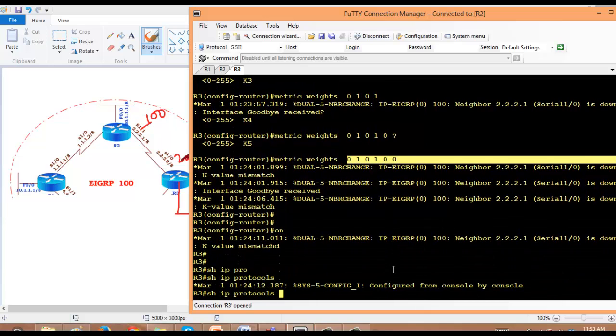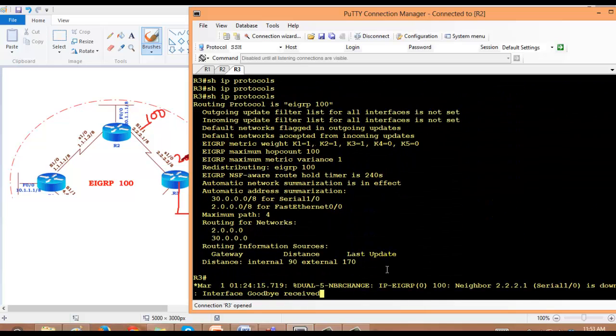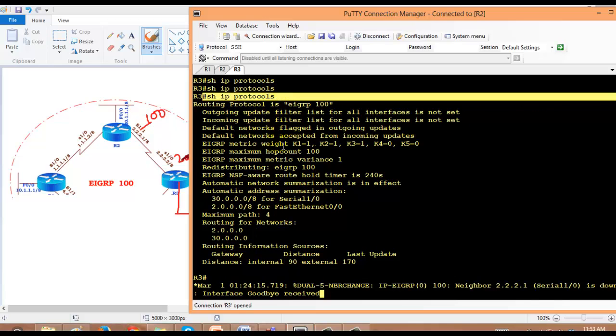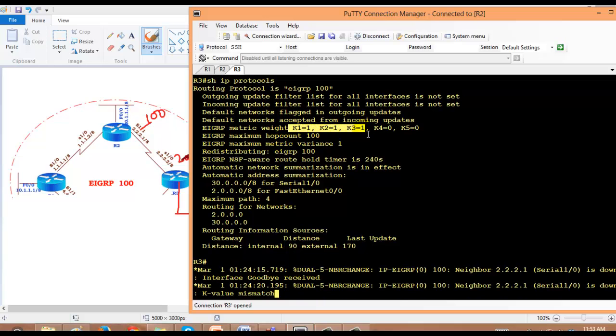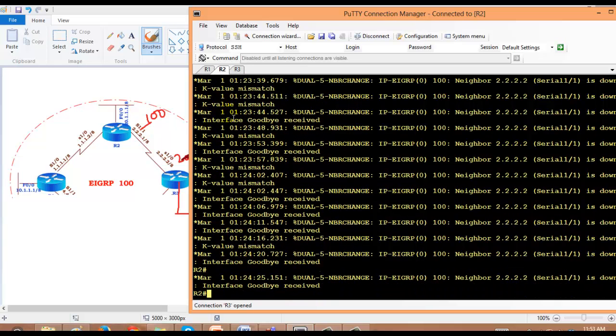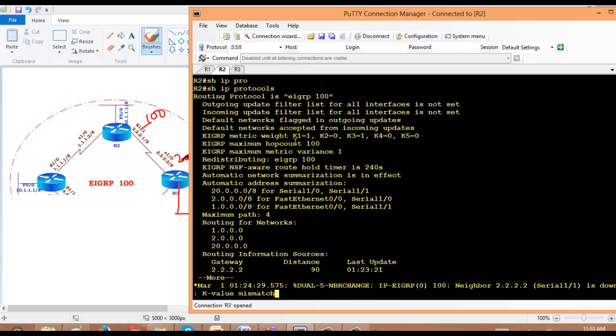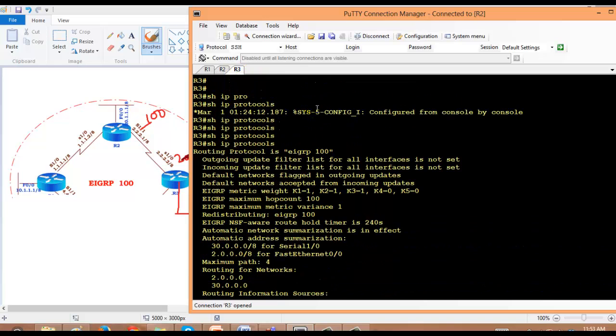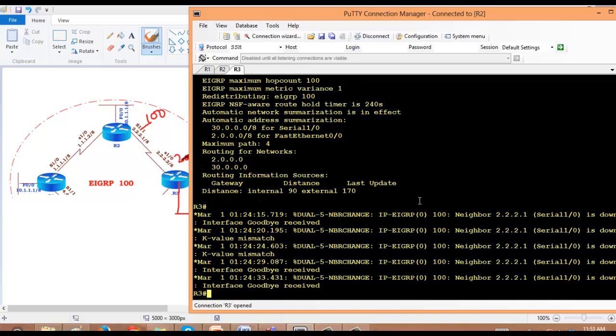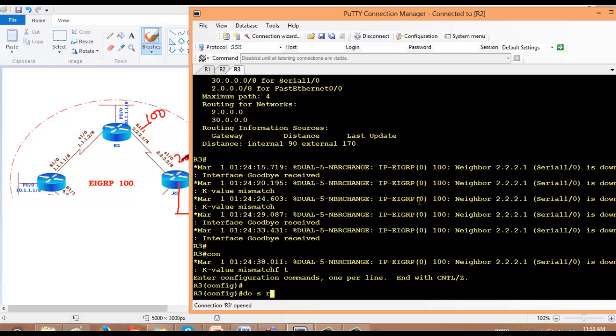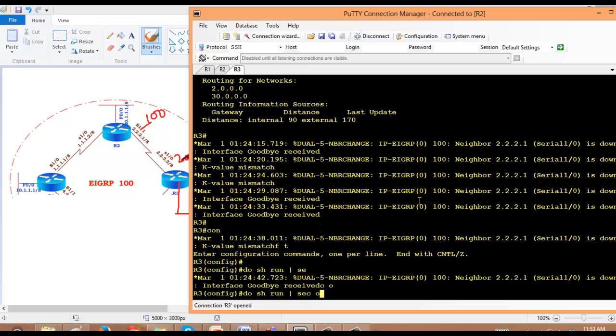So whenever you come across these scenarios, generally we don't change these K values in production networks. But when you use the show IP protocols command, you can verify K1 is 1, K2 is 1, K3 is 1. Whereas if I check the same thing on router 2, K1 is 1, K3 is 1, remaining all zeros. So you can see the mismatch of K values on both the sides. Okay, so now there are two solutions here. Either you can make it the same on both the sides, or just remove the configurations